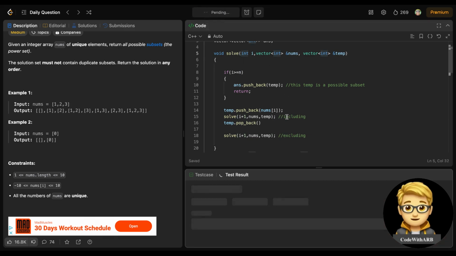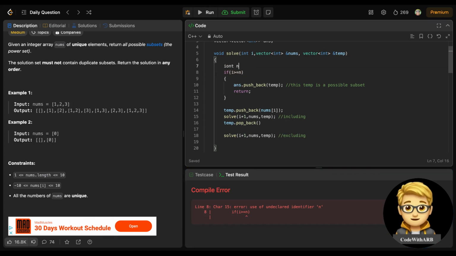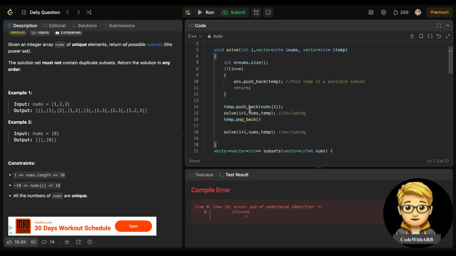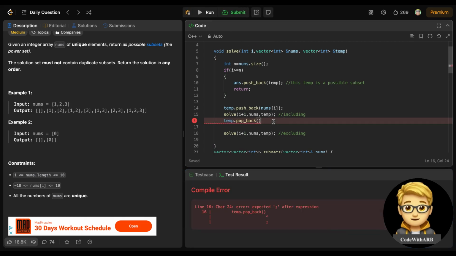Let's run this. Sorry, why am I doing this? I think now this should work. Definitely it should work. Again.